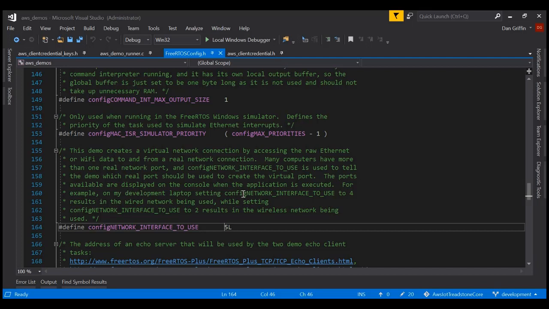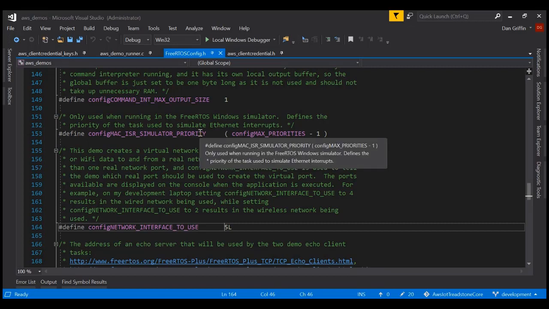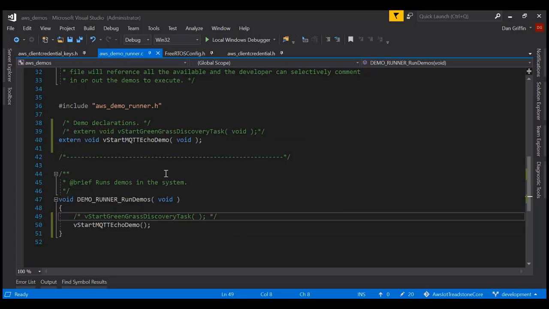So now that I have, in this previously configured solution, all my settings from the cloud, there's one last thing I want to show you before we actually run the code. I downloaded a solution from the configuration wizard that's specifically for doing Greengrass discovery, to show you how Greengrass discovery works. However, I personally recommend before you try any of the demos other than MQTT Echo, which is the Hello World demo that Rob mentioned in the slides,